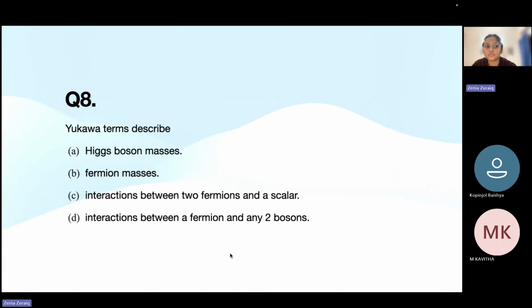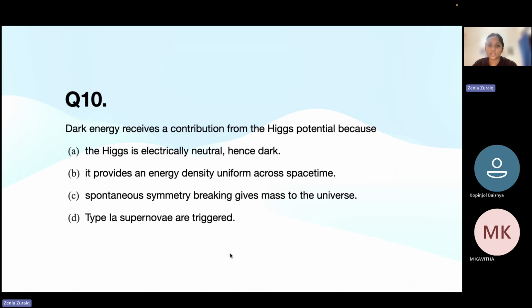Okay, I think we are almost done. Last question: dark energy receives a contribution from the Higgs potential because